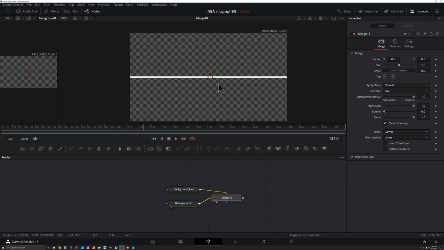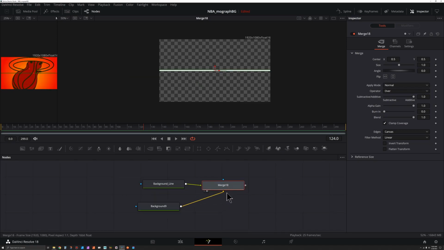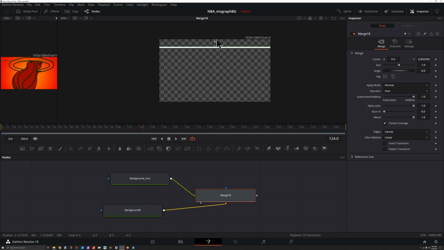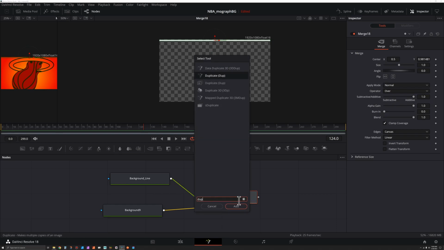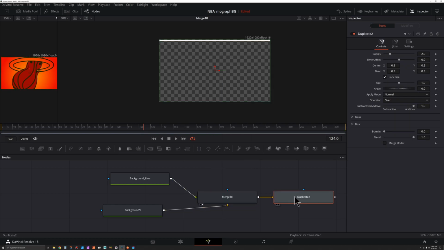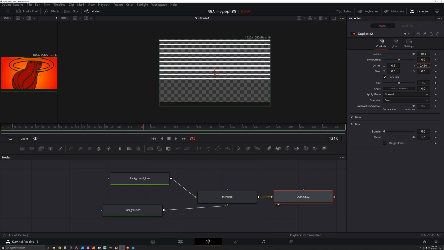Okay, so this is what we want, but I want this to be at the top. So with the merge selected here, what we could do is take this widget and drag it up to the top. Now, selecting the merge, I'm going to press Shift Spacebar and type in DUP, and we want this duplicate, press enter, press 2 to preview it. All right, so how many copies do we need? Let's start off with 10, go to the center, offset Y, let's bring this down,